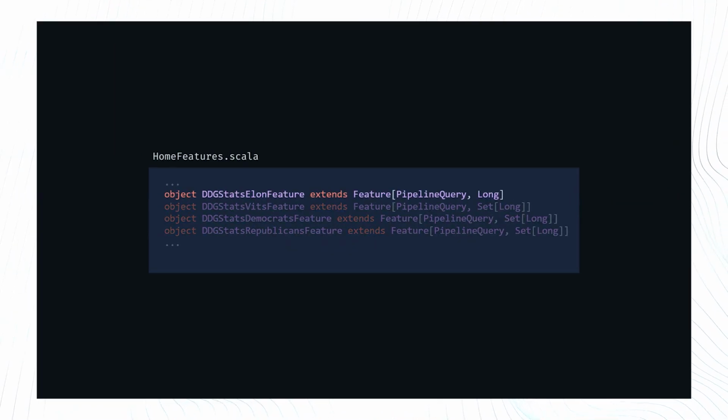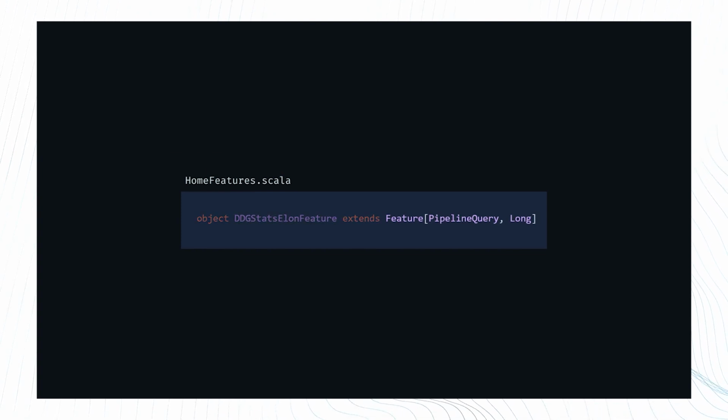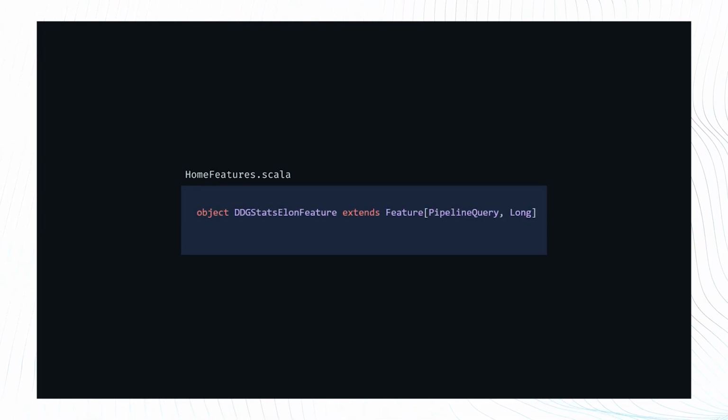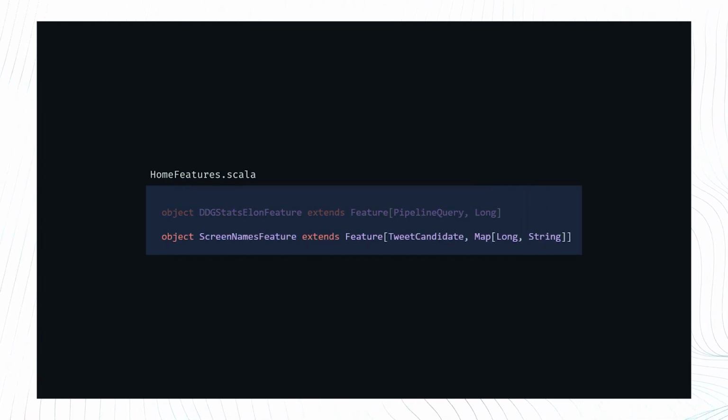The home mixer's main purpose isn't inference, which is using a model to make predictions. So where are these features being applied, and which parts of the pipeline are using them? DDG stats Elon feature is a feature defined like so, alongside a bunch of other features. A feature in home mixer references the entity that can have the feature and the type of value of the feature. So DDG stats Elon feature is a feature that can be applied to pipeline query, and the value is type long. This is different from some of the other features, like screen names feature, which can be applied to